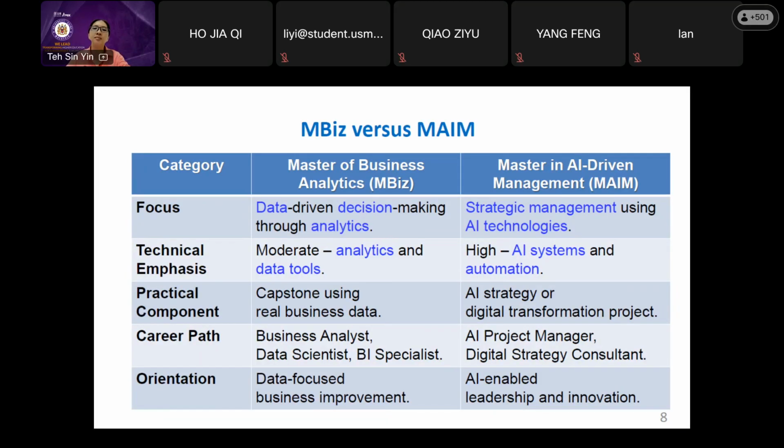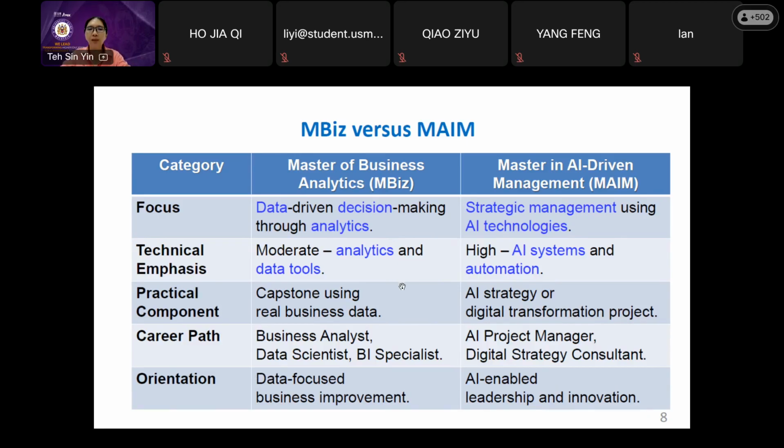So let us discuss these two. Why do I want you to know this? Because you, as a Master of Business Analytics student, should know what you learn and how the things that you learn are different from other people. Okay, so this is your selling point, and this will be the point that makes your CV or resume stand out.